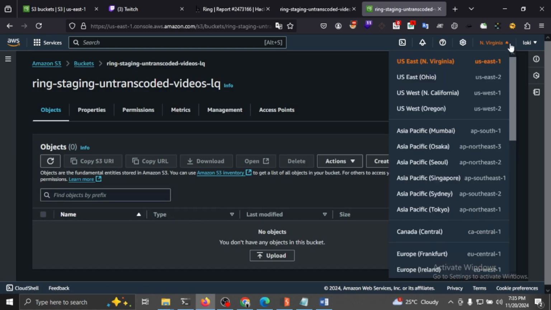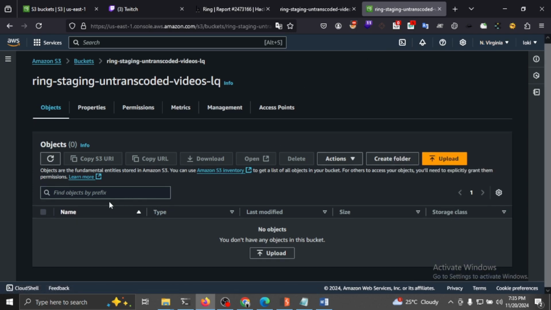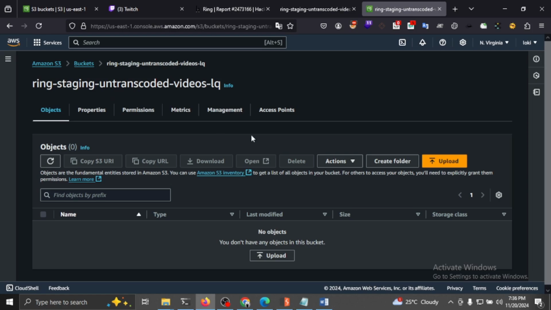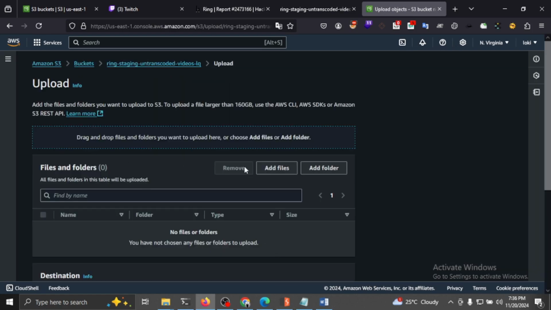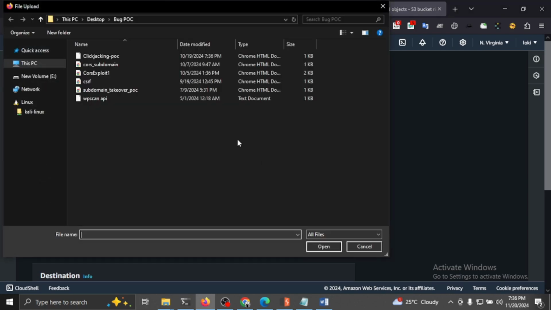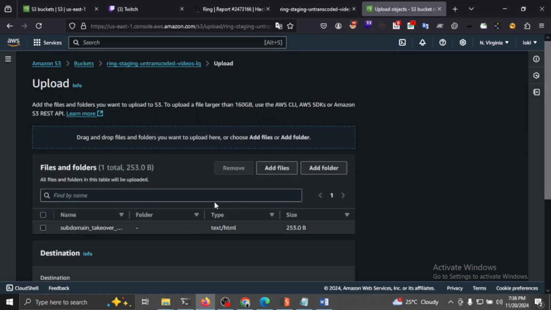Like this time I am using US East one. Okay, and now we will click on the bucket and we will upload the POC. To upload the POC, we'll add the file, subdomain takeover POC. Okay,